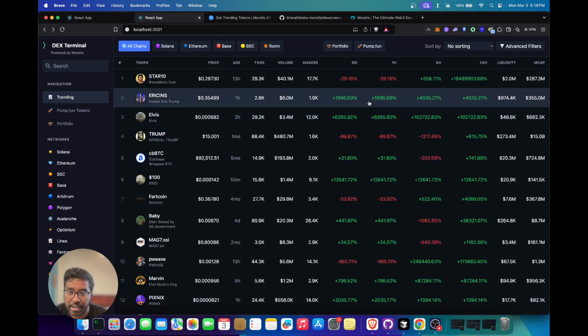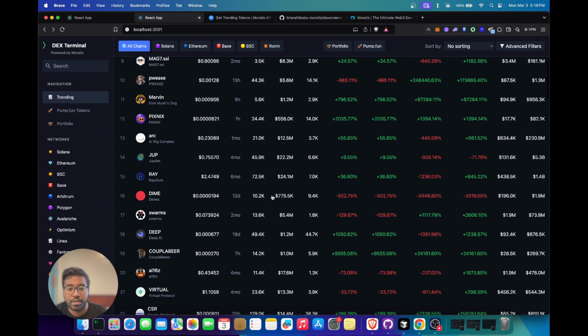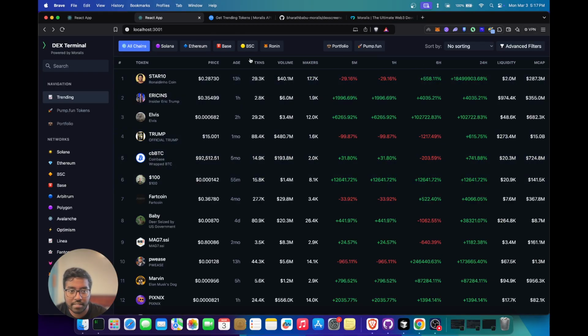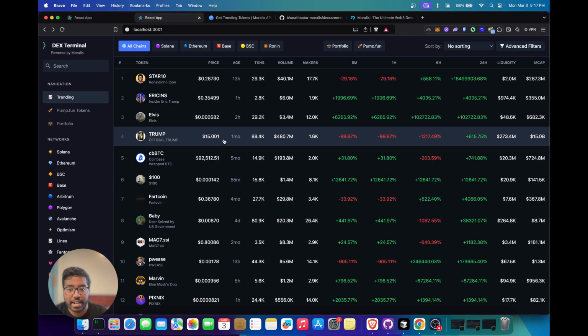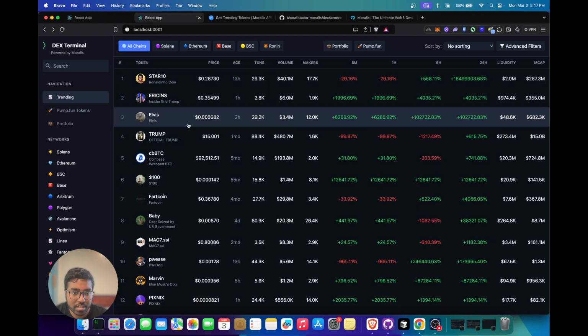So that's what you see right here. What we have done right now is we have created the overall layout. We have created the trending tokens. We have the top bar, the left side menu, etc. And what we can do next is we can actually head into creating the token pages for each of these